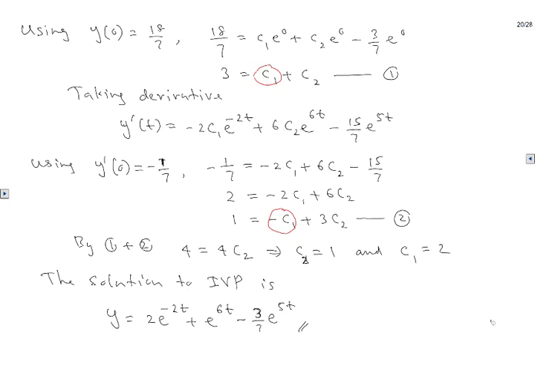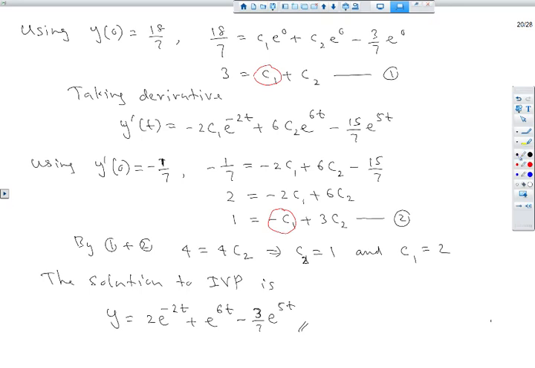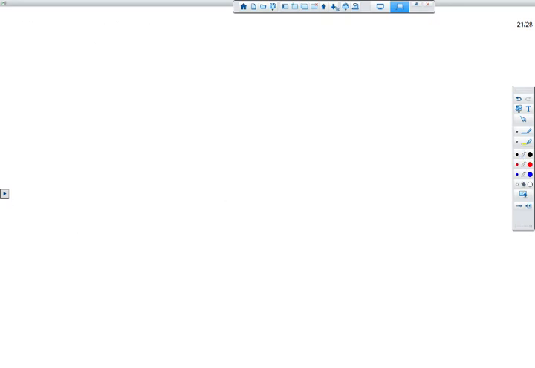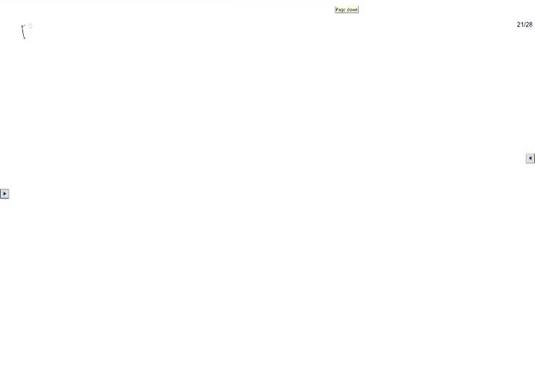Let's talk about the second one. The second one is where you're going to see either a sine or cosine term. That's the second type, so let's talk about that. Example number 2: find a particular solution to